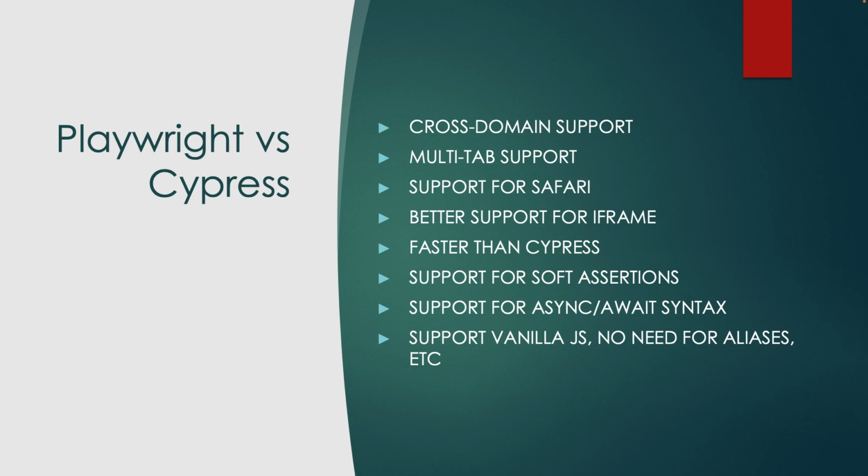We're going to learn what soft assertions are later in this course, but in a nutshell, it's a type of assertion where your test doesn't fail right away. You can perform multiple assertions, and after all the assertions are done, if your test passes, it will be marked as pass. If something fails, it will be marked as fail. It is very helpful in scenarios, for example,